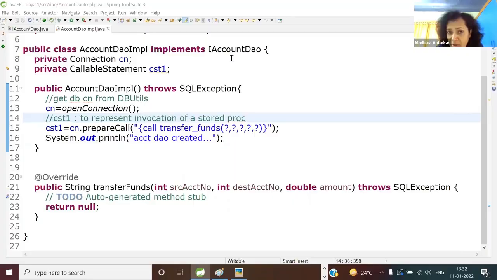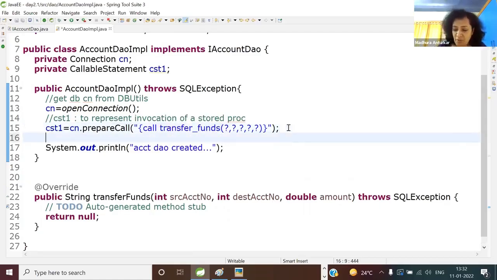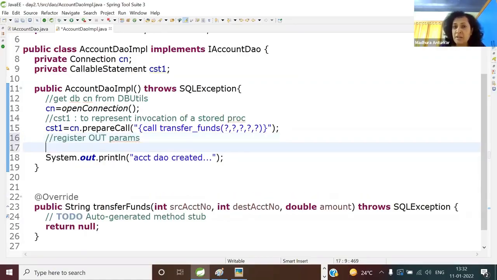Because the moment you finalize that this is the procedure, I know which parameters are out and I know the data types. Are we clear? So now add the next one, register out parameters. Is the thinking clear? Setting of in parameters, I can never do in the constructor because they are user dependent. But registering the out parameter is not user dependent at all. So I'm doing it right here